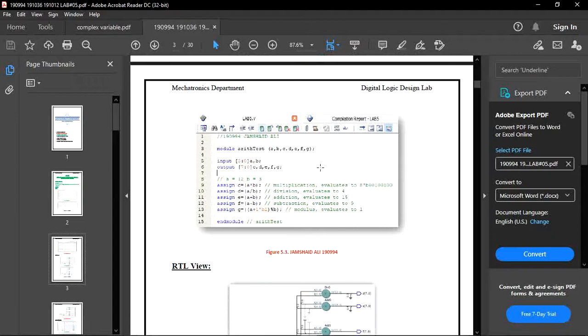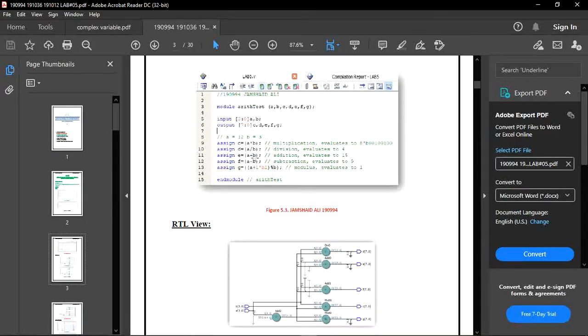You can see this is our code by which we can cover all the possibilities. First of all, we have to declare all the inputs and outputs in the module, and then we have to declare the size of input and output. Here I give the input a size of 4 bits and the output 8 bits.